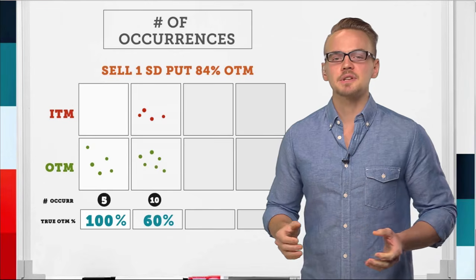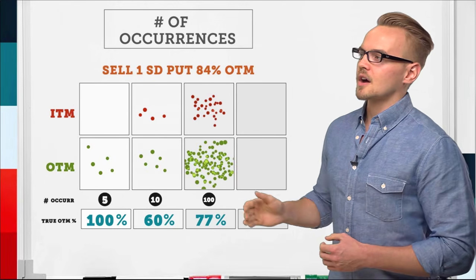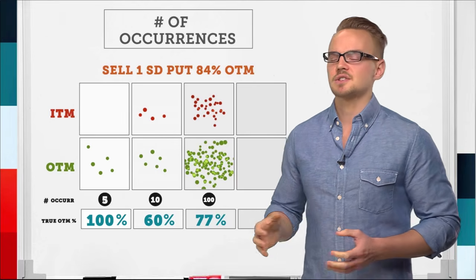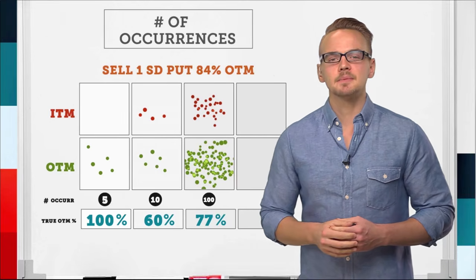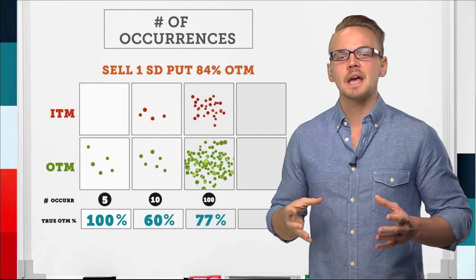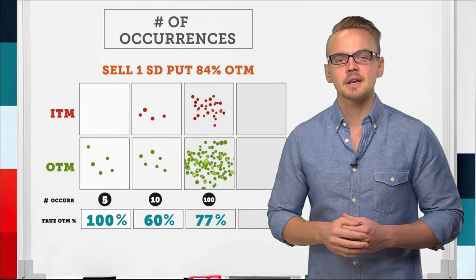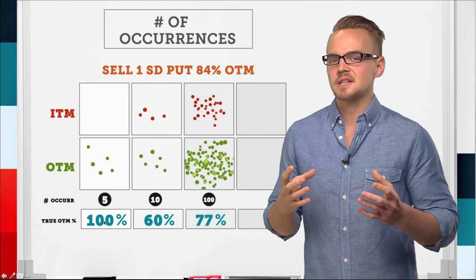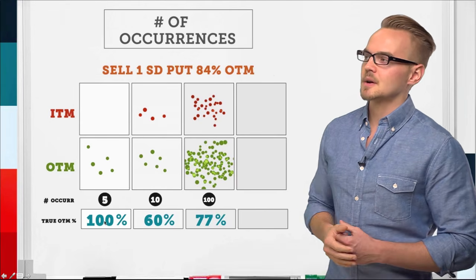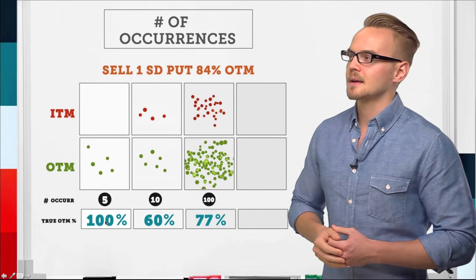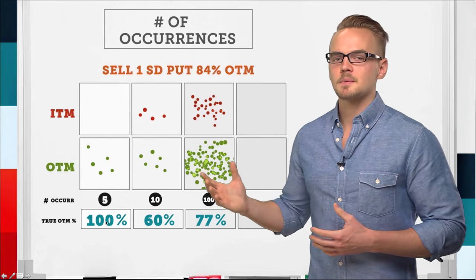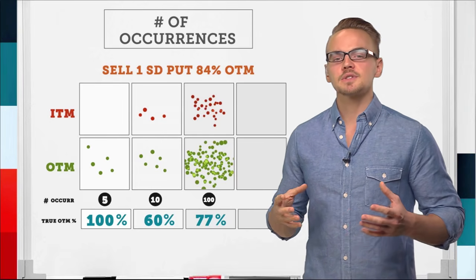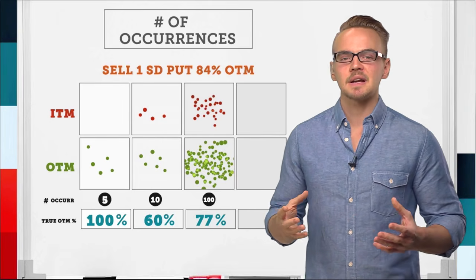Now let's see what happens when we jack this up even more. So we've got 100 occurrences now, and we're getting closer to our realized percentage. So basically, when we're talking about probabilities, the more occurrences we have, or the more dots we have on this screen, theoretically, the closer I'm going to get to that 84%, which is what I should be expecting. So you can see now I've jumped from 60% to 77%, and this is all arbitrary. This is just an arbitrary number, but I wanted to show you that the more occurrences that we have, the closer we may get to realizing that expected probability.